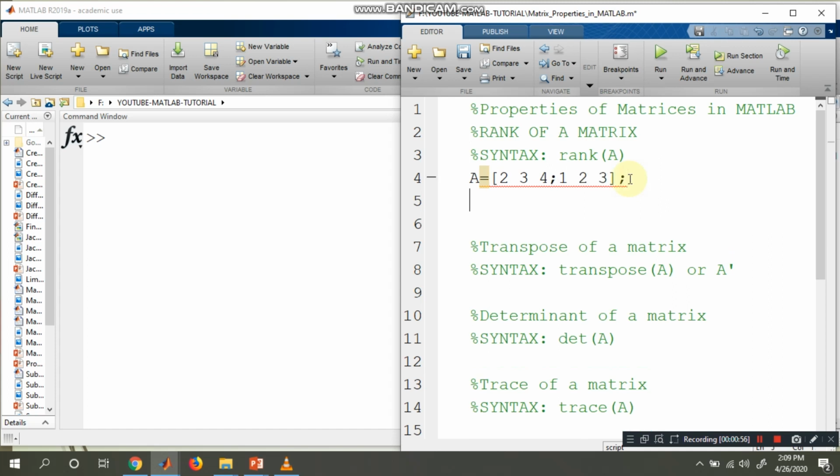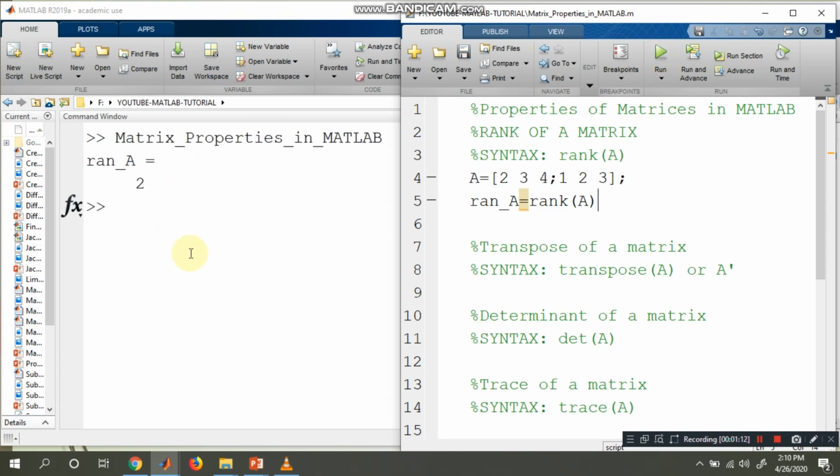So these are the elements. Now let us see what the rank of A is, using the syntax rank of A. Once we execute, let us see what we get. The rank of the matrix A is 2.